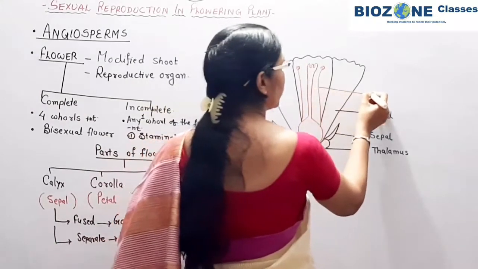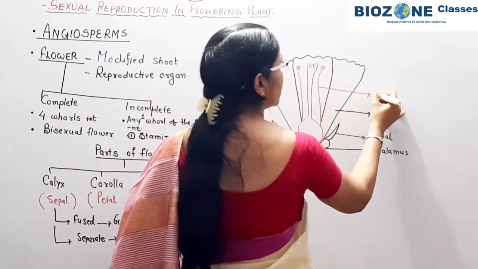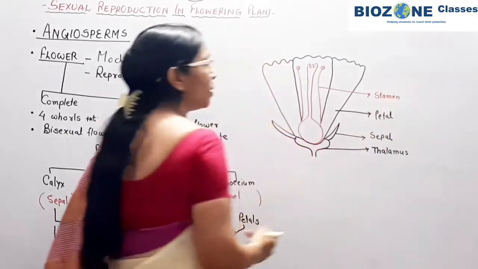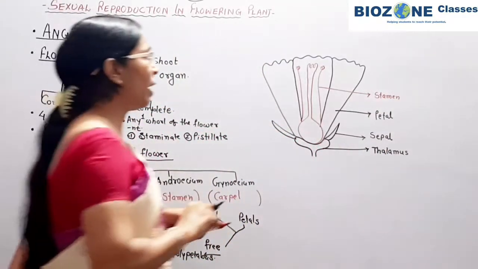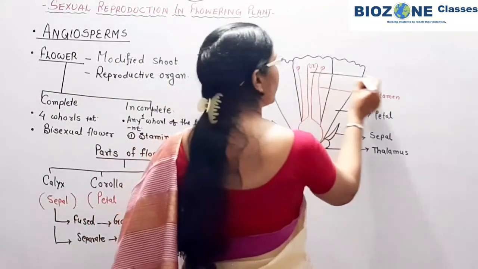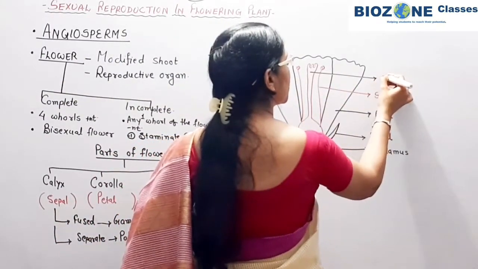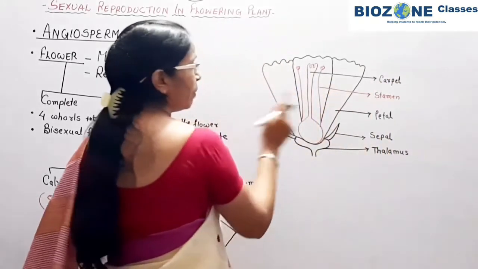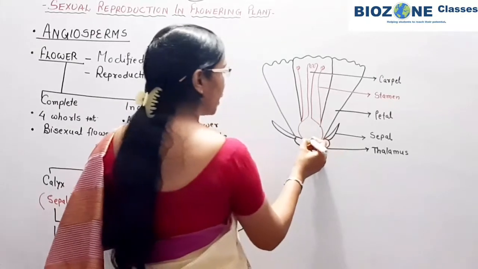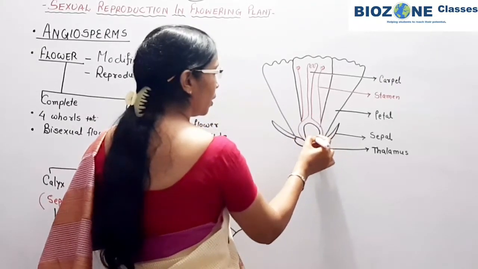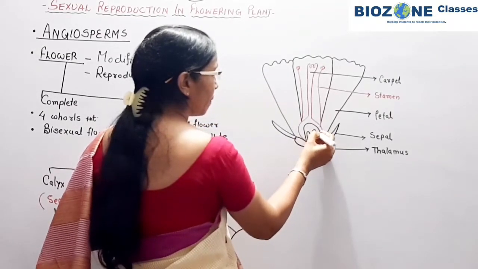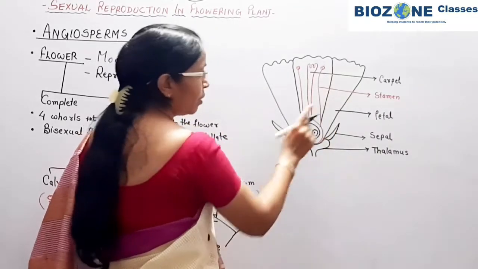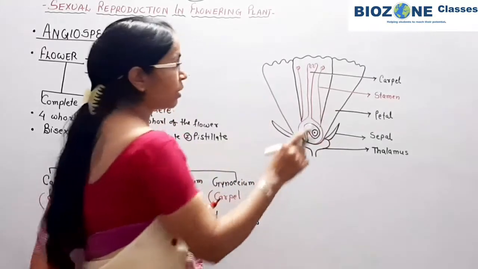So this is the third wall of the flower, that is the stamen you remember. Stamen is made up of two parts, anther and filament. And then the fourth wall is called the pistil or commonly the carpel. In a single carpel, one ovule is there. So here you simply remember petals and sepals are accessory organs.